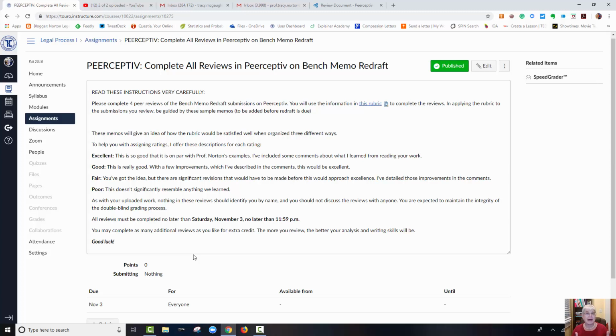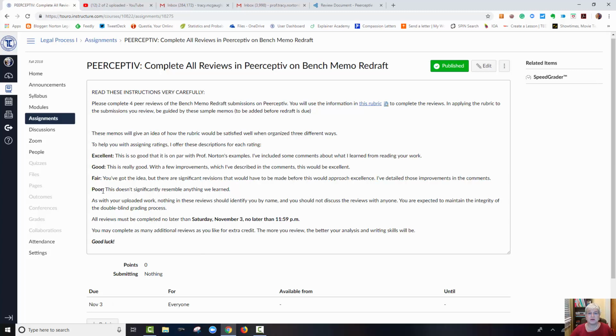Now, of course, I can check that. If there are any anomalies, those get flagged for me and I can check and make sure. And if I need to override anything, I can certainly do that. But my experience is that students who are deviating from the norm of what other students are giving a particular document really are having trouble understanding the concepts. So you really want to make sure that you